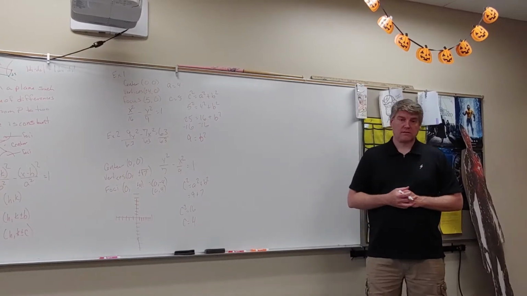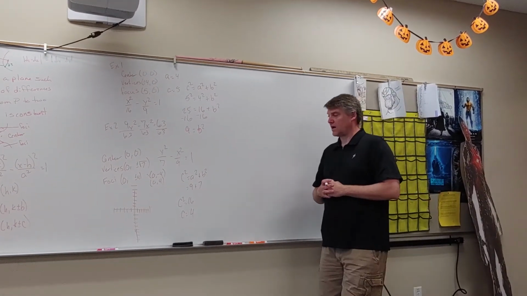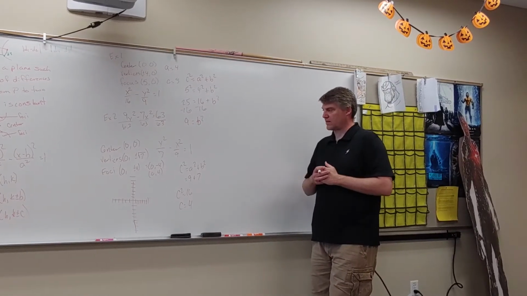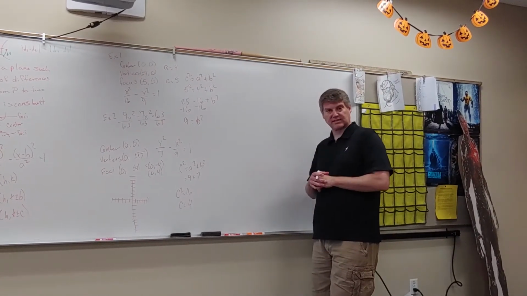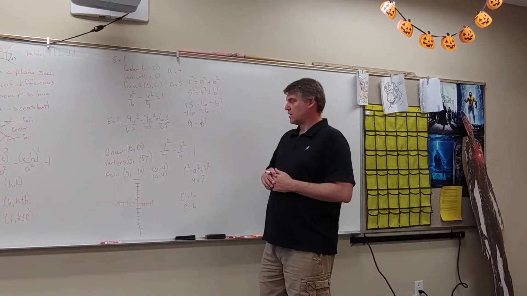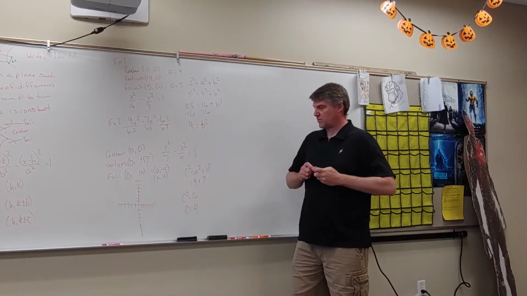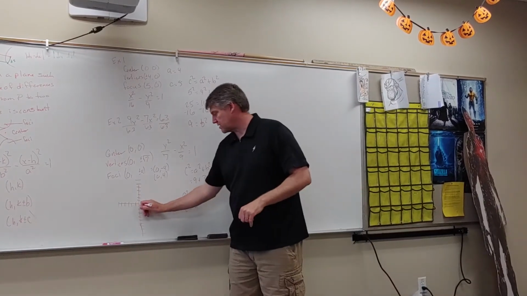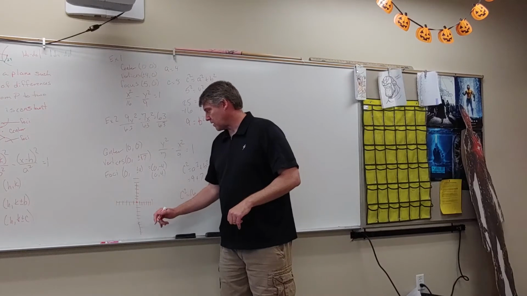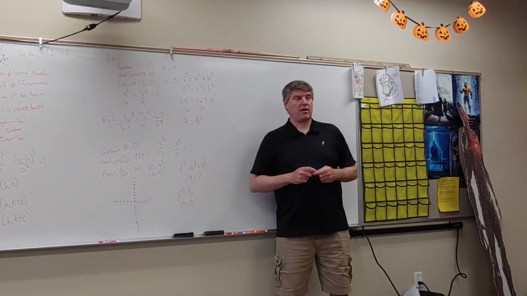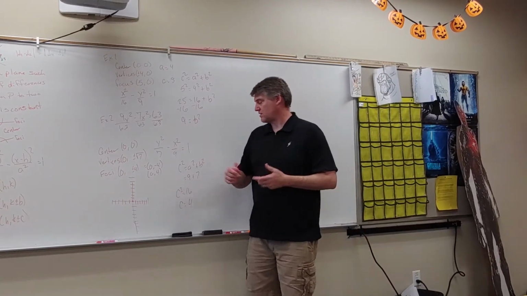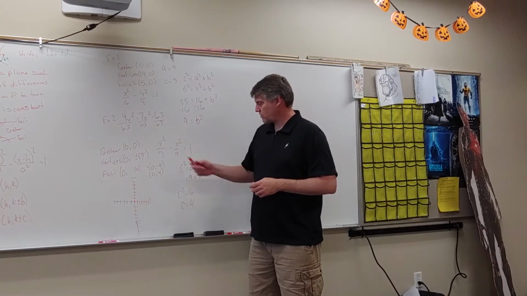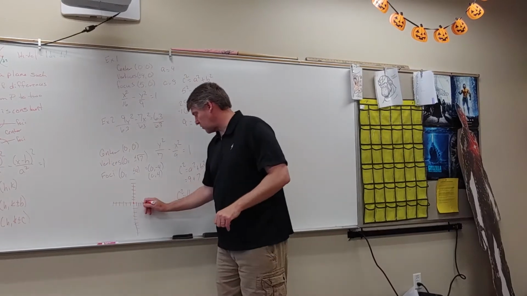Now to graph. Okay, so graphing hyperbolas, I have a unique way that I like to show. It's kind of like that similar idea of ellipses, but it seems to help get everything in position. So the first thing I'm going to do is plot my center. So there's my center. Okay, so now I'm going to take my a squared and my b squared. I'm going to actually find the square roots. So the square root of 9 is 3, so that's nice because I'm going to go over 3,